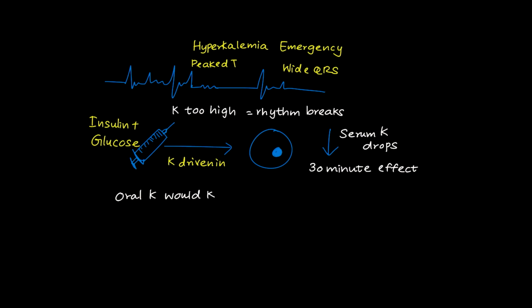Option B is dangerous here because oral potassium replacement would raise an already lethal level. You only give potassium when the body is low, not when it is dangerously high. Option C, a normal saline bolus, does nothing for potassium and risks worsening volume overload in a patient whose kidneys